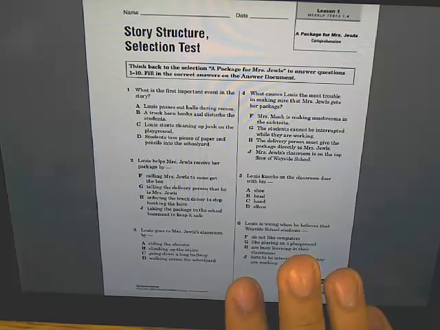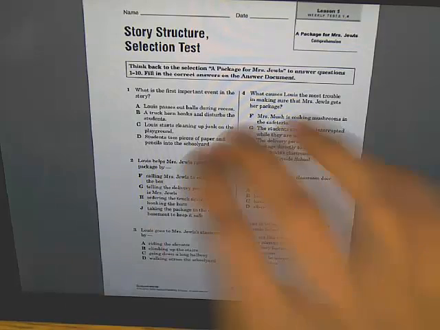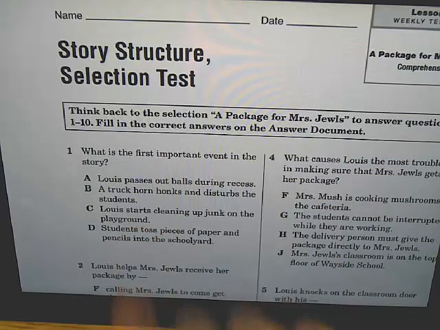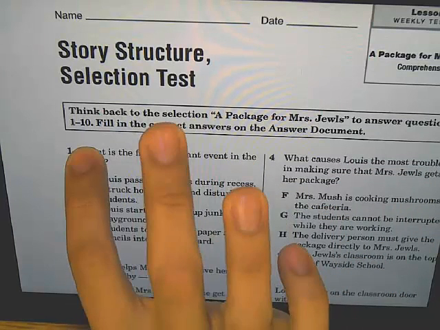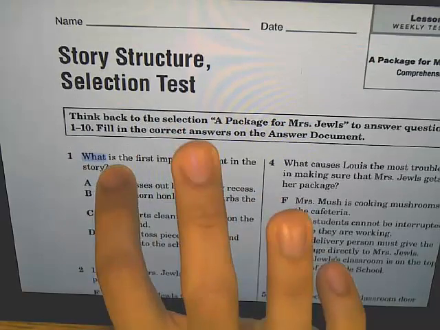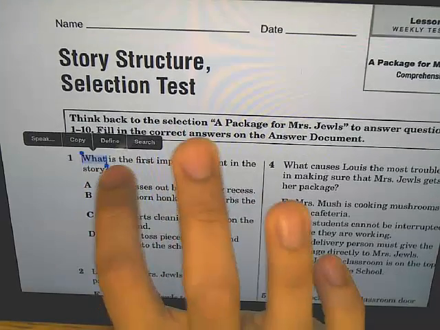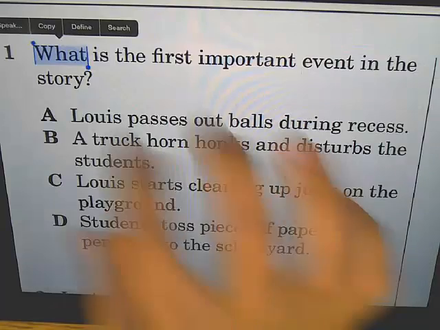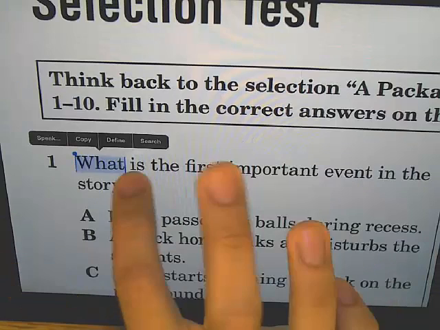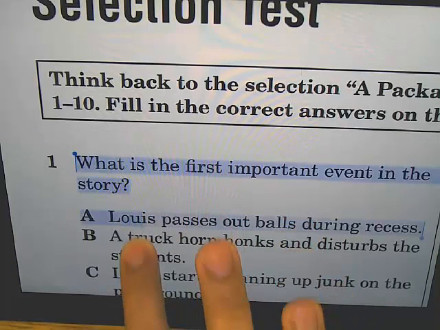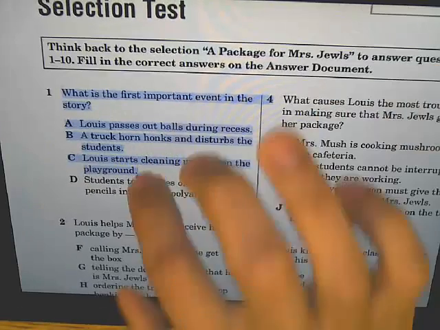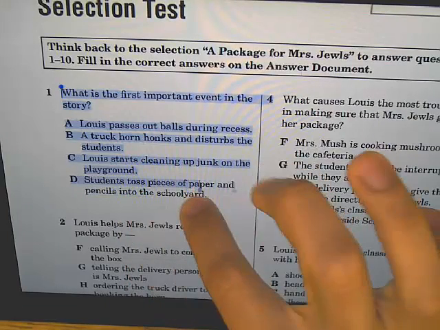It works the same way as a book in iBooks. It works the same way as selecting a certain paragraph in your Safari web browser. It's the exact same thing. So I'm just going to show you an example for the first question. I am going to select the first question. So I'm going to press and hold there. And it might be a little tricky to grab it, but there it is.